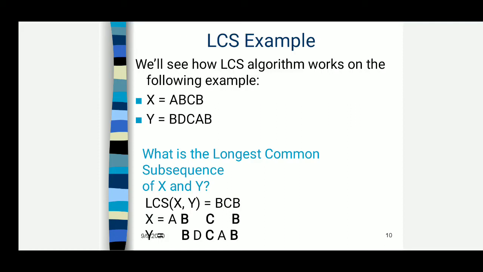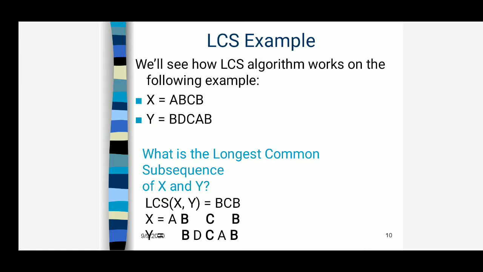So the longest common subsequence problem is the problem in which we are given two sequences of characters, in which we need to find the common subsequences. These common subsequences are not necessarily continuous. They are just common subsequences in order, but not necessarily continuous.